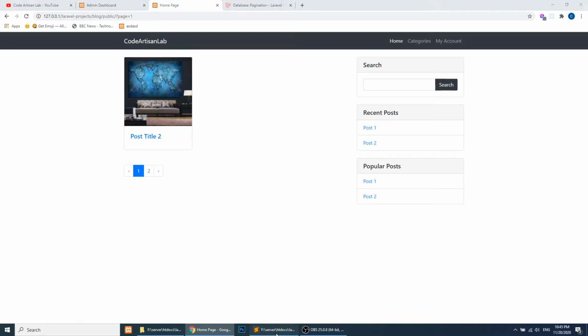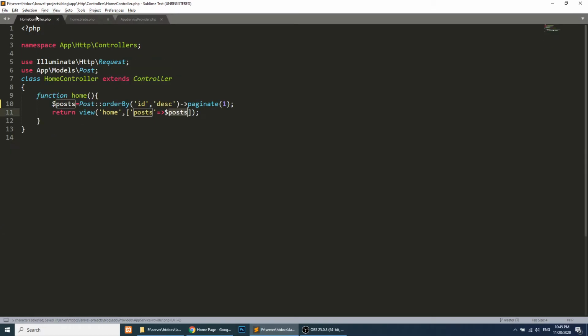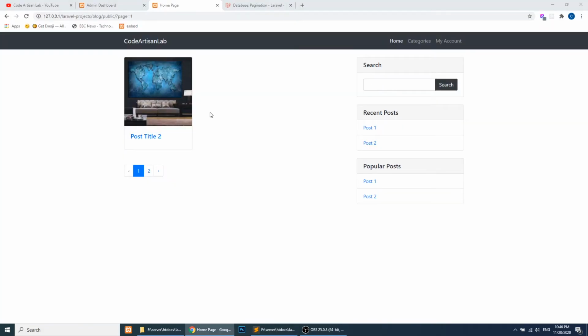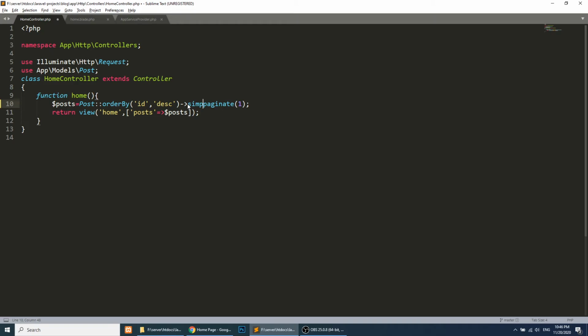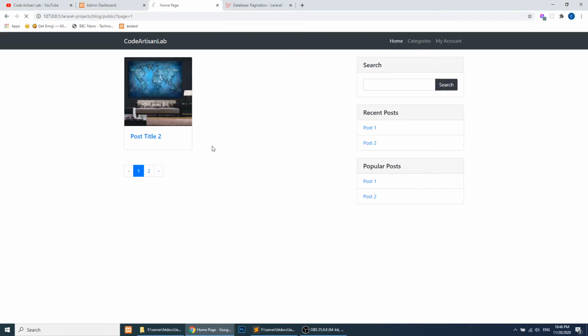So now we have created the pagination, and in this video I just want to show you how pagination works and how you can show it. You can change the number to any number. And if you want simple next and previous links, you can add simplePaginate here, which will add next and previous links.